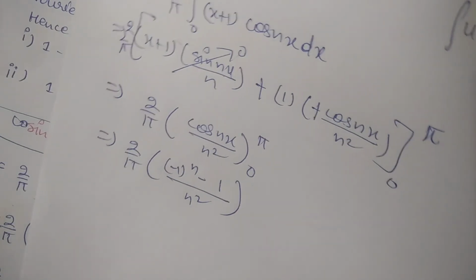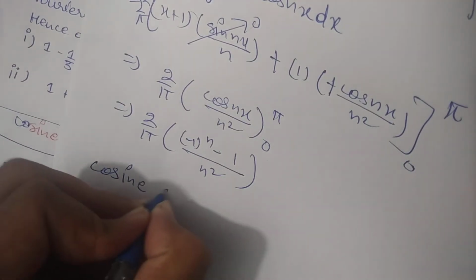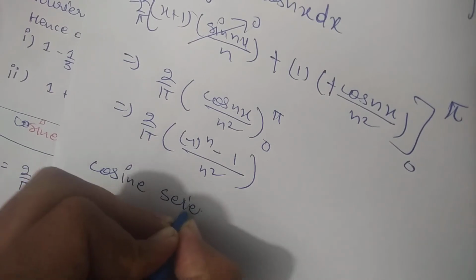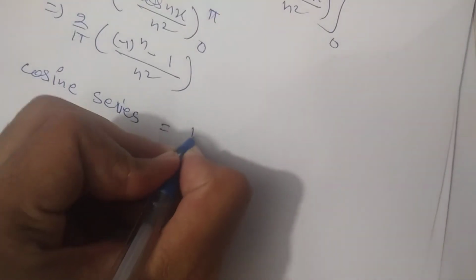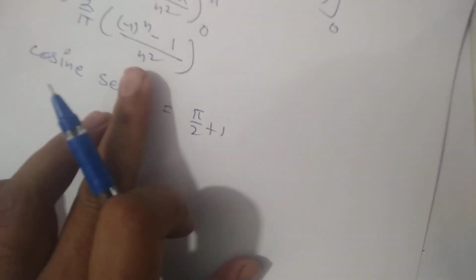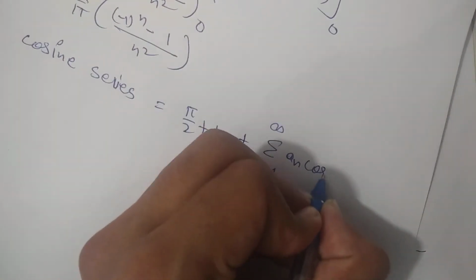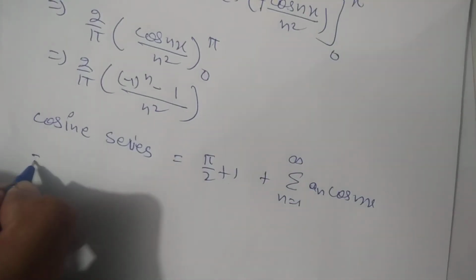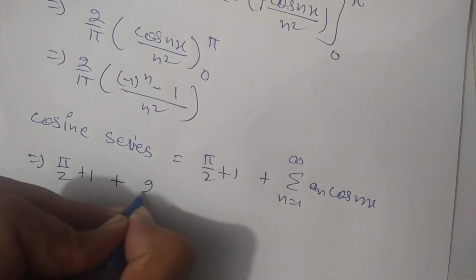Now I'm just going to put this value in the formula, and we know that the cosine series can be represented by this formula, that is a naught by 2. So a naught by 2 I will put first, which equals pi by 2 plus 1, as we have already found, plus summation n from 1 to infinity of an cos nx. So its value will turn into pi by 2 plus 1 plus 2 by pi,